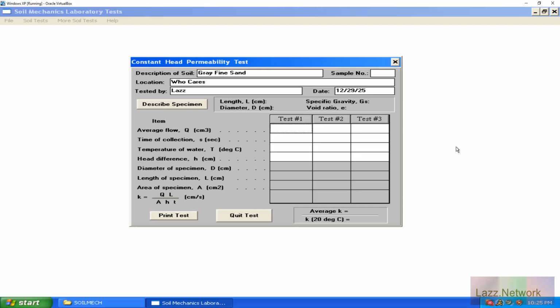Your other method is, oh, there's a described specimen. I'm sorry, I'm beginning to see how all this is probably going to work now. So your second method is if there's a required compaction. If there's a required compaction, you have to do what's called a proctor, or laboratory compaction characteristics of soils. That's the technical term. And technically, that's going to be the last video that we're going to cover, the proctor test and whatnot. But for this here,